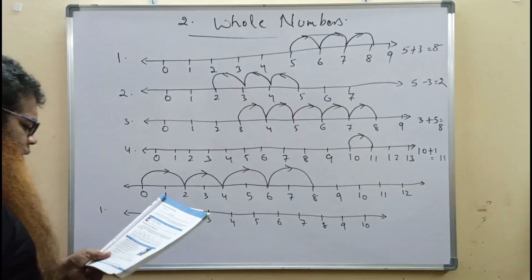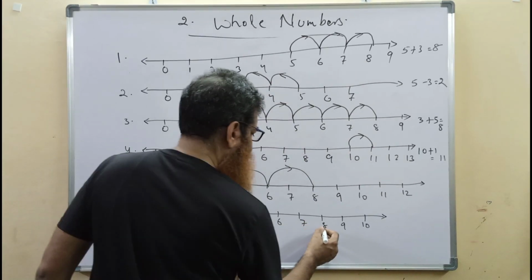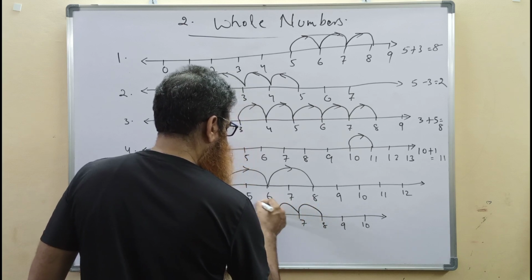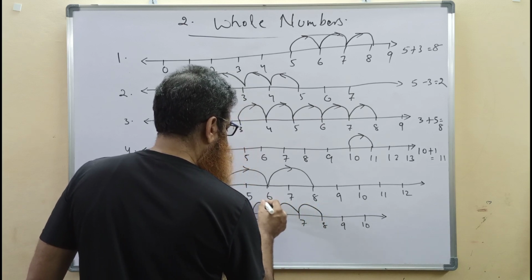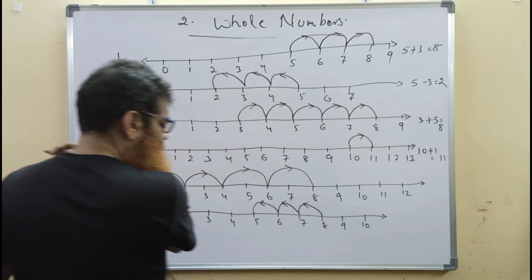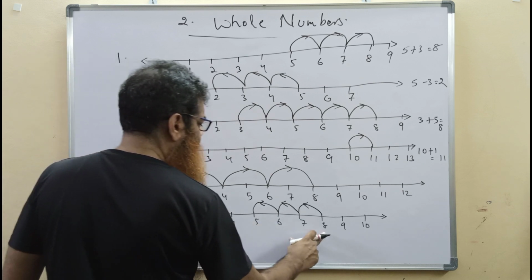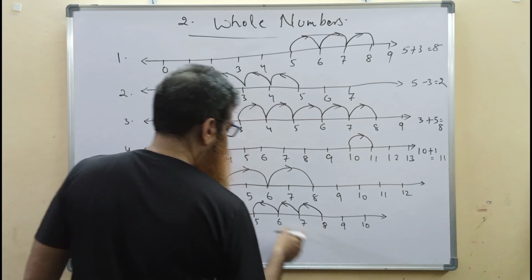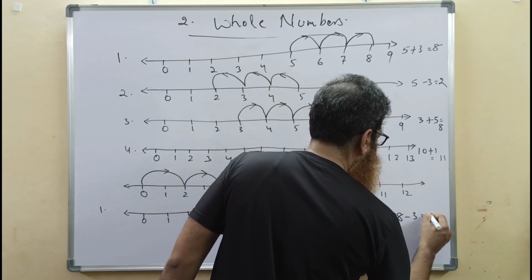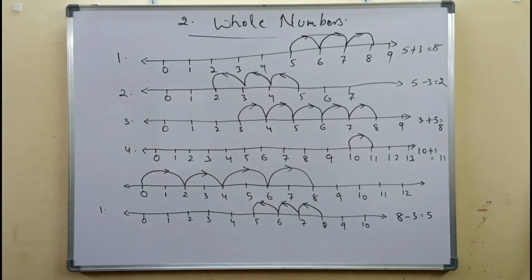Question is, what number should be deducted from 8 to get 5? From 8 we are to go to 5. 1, 2, 3. We are doing subtraction as we are moving towards the left. As we are moving towards 5, we need to move to the left of the starting number, that is 8. So we moved 3 times. So 8 minus 3 is equal to 5. We need to subtract 3 from 8 to get to 5.